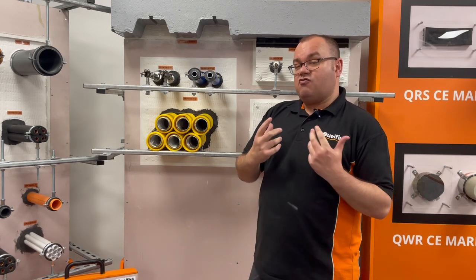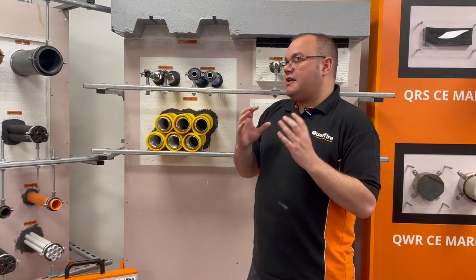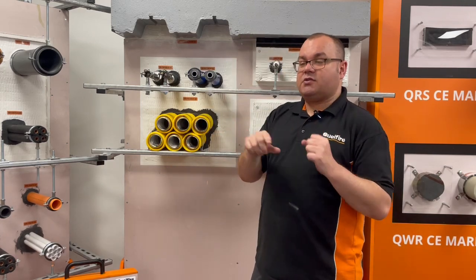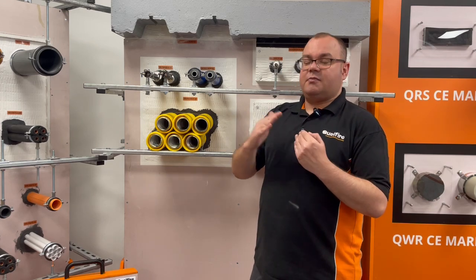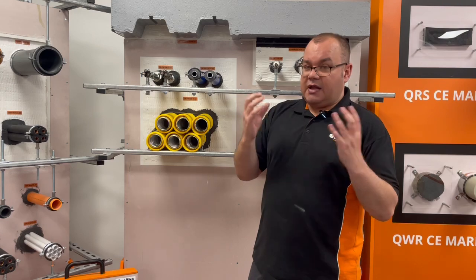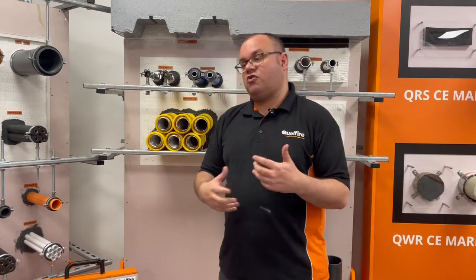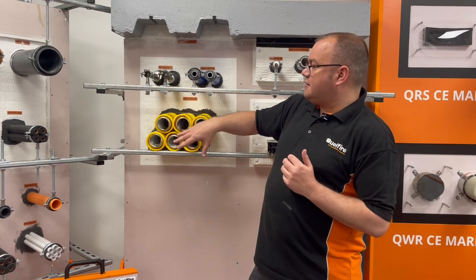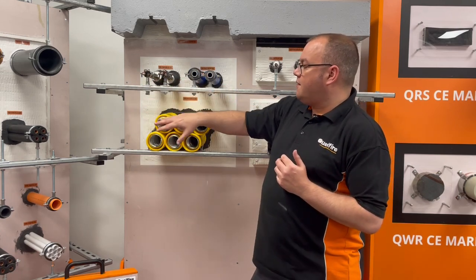And if you really want to get specific, are any of those cables, especially on your tray or ladder, going to be over 21 mil? That's the outside diameter, because that does sometimes greatly differ the detail that you can use. But if you don't know that, at least just give us the size of the tray, or the conduit type. When we're talking about builders' work openings, it's really important that we know what the services are, because